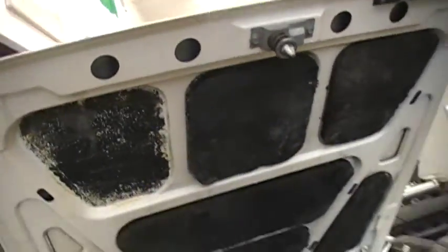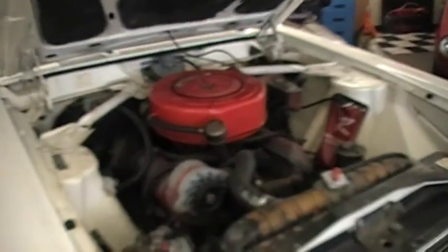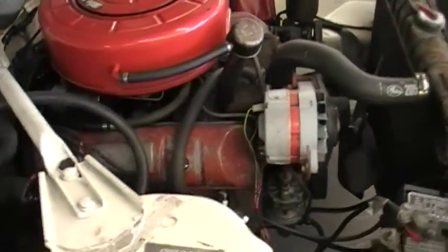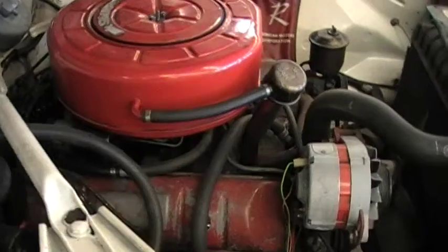Okay. Wow, no chance of this getting any Academy Awards. As always, we don't pretend to be professional filmmakers. We just want to give you a little bit of an idea of the car and its condition and what we're looking at. So we have the American Motors data plate,